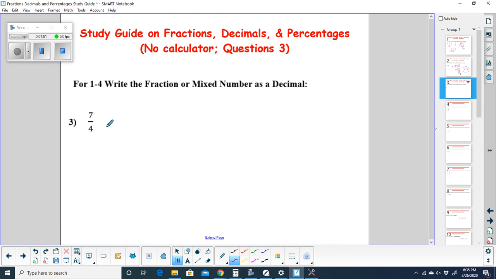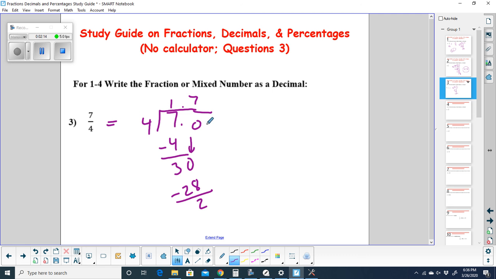7 over 4 is equal to 7 divided by 4. All right, how many times does 4 go into 7? 1 time. 1 times 4 is 4. Remainder is 3. Bring down a 0. 4 goes into 30 7 times. 7 times 4 is 28. Remainder is 2. Bring down another 0. 4 goes into 20 5 times. 5 times 4 is 20. The remainder is 0, so the answer is